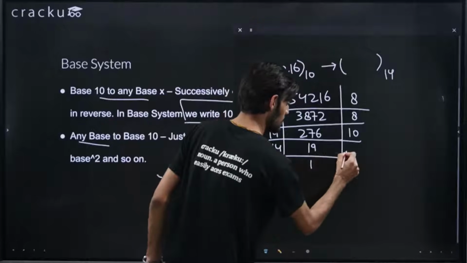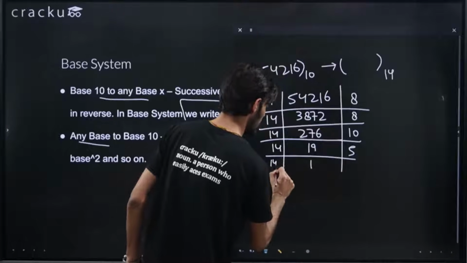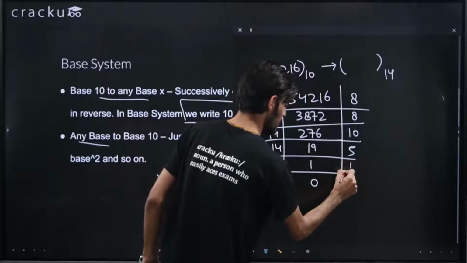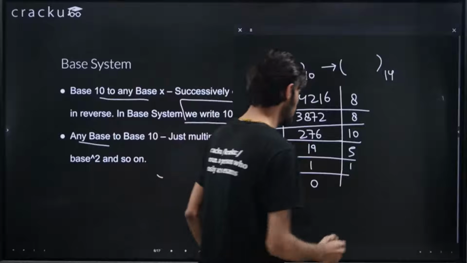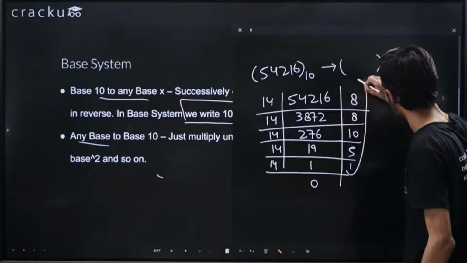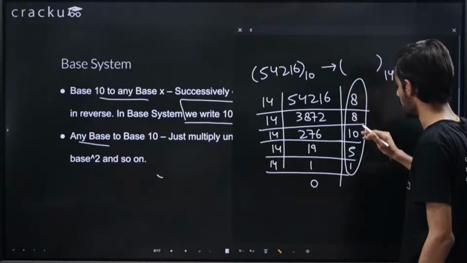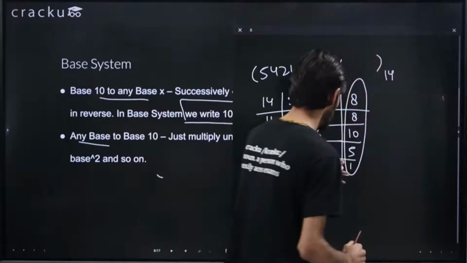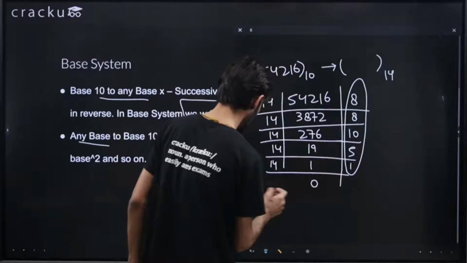That is 14. So 5 will be the remainder. And 14 into 0, so 1 is the remainder, right? So basically I was looking at a digit that is greater than 9. So now you need to represent this. So how will you write it as